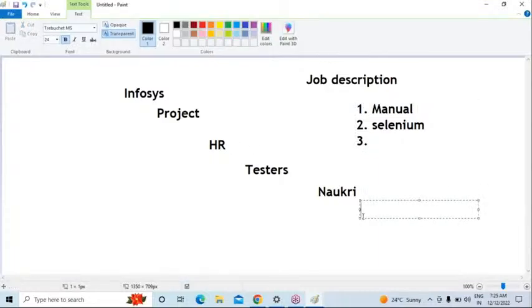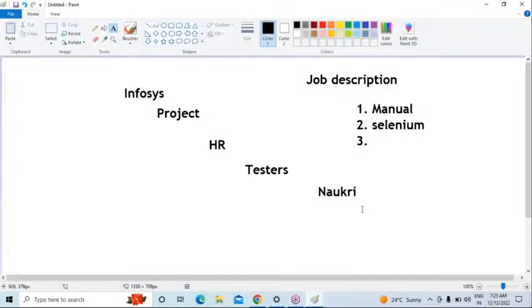Now the HR will call you based on the keywords, explaining: in our company there is an opportunity, are you interested to join here? Your profile is matching our job description. Then we can say yes. They will collect the details and schedule an interview. So based on this process only, you are going to be